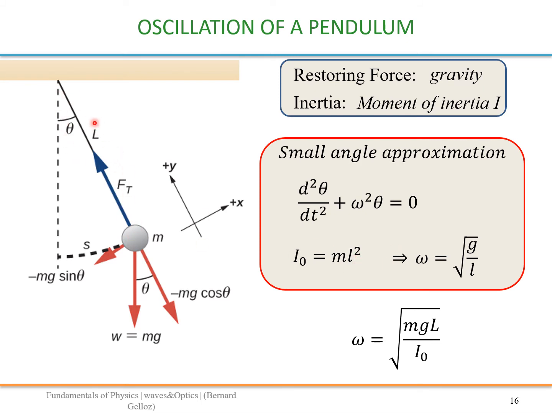This small l is in fact the same as the capital L here. In the previous slide we had this for a general pendulum. Here, if you replace I0 by mL squared, it's not case sensitive, the small l is the same as the capital L, so you will get only this left. G is in fact the signature of gravity, and L here is the signature of the moment of inertia.